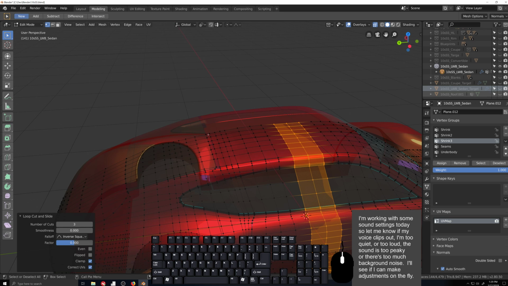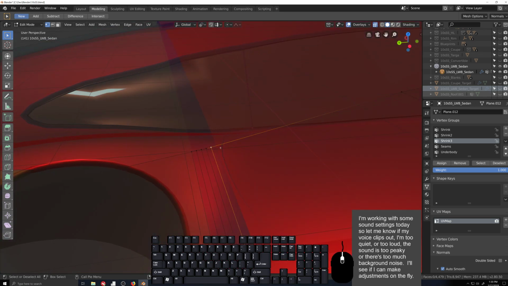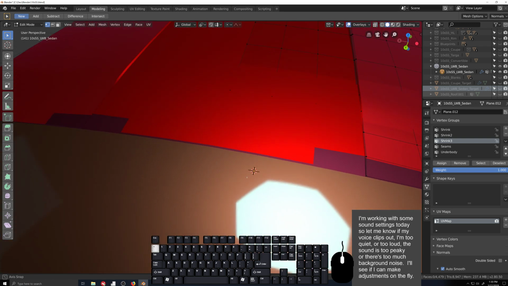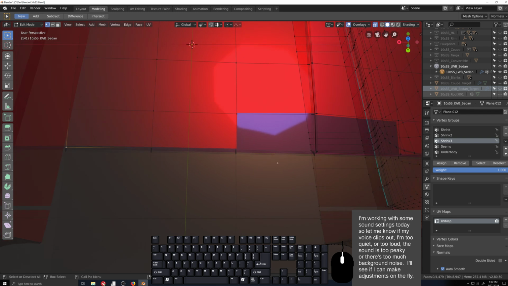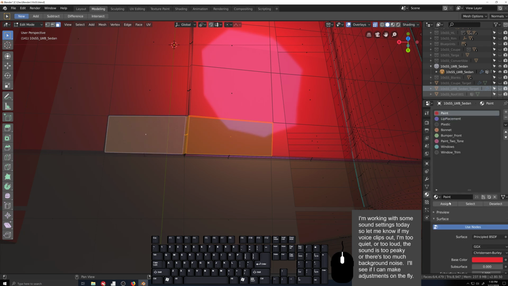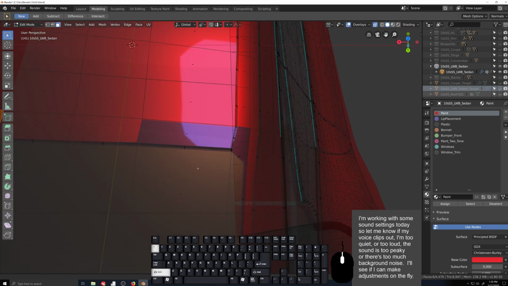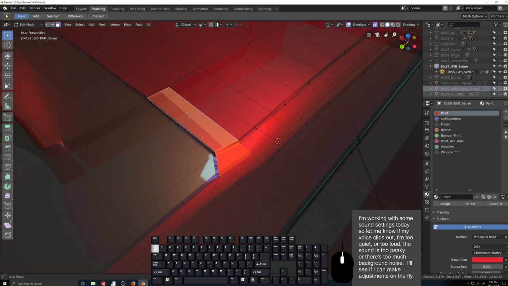Let's, I guess we should start with cleanup now. Let's start by cleaning up the window section, because we can save this, I think. We're not stuck with anything that's too out of whack here. So let's just grab face select view, grab the faces, and we'll make those the correct material. We'll start with that. I'm going to do the same thing over here. This guy, these guys, make them paint. Alright, now,